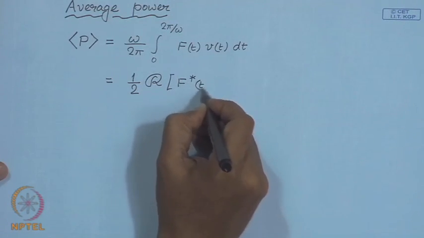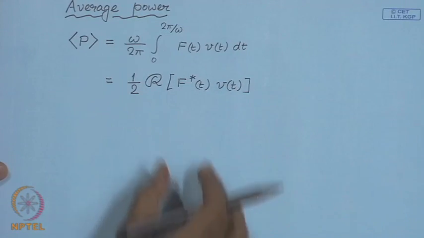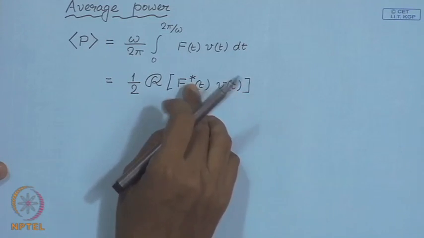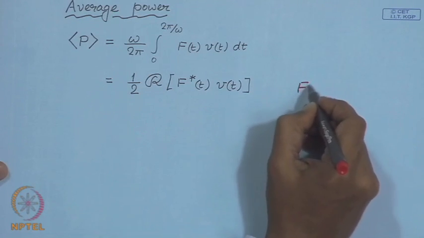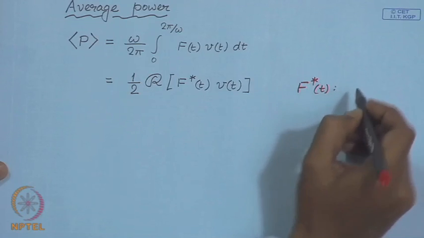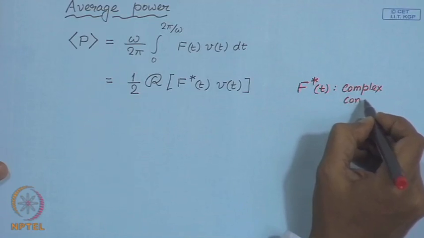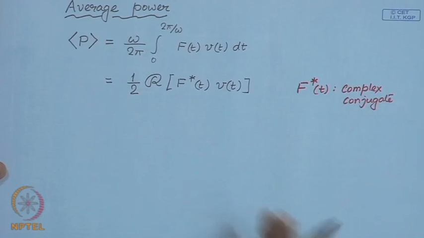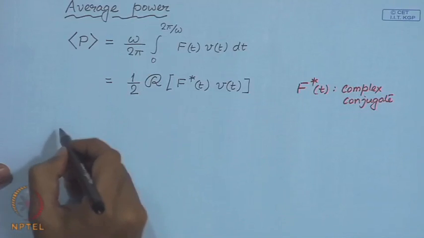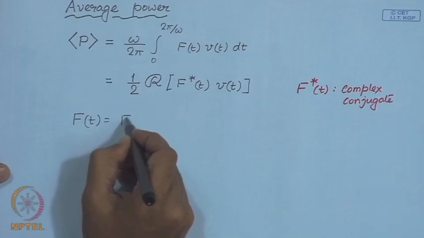if you take the complex notations of force and velocity, take the complex conjugate. So, this is the complex conjugate of the complex force representation. So, normally we represent this if it is a harmonic